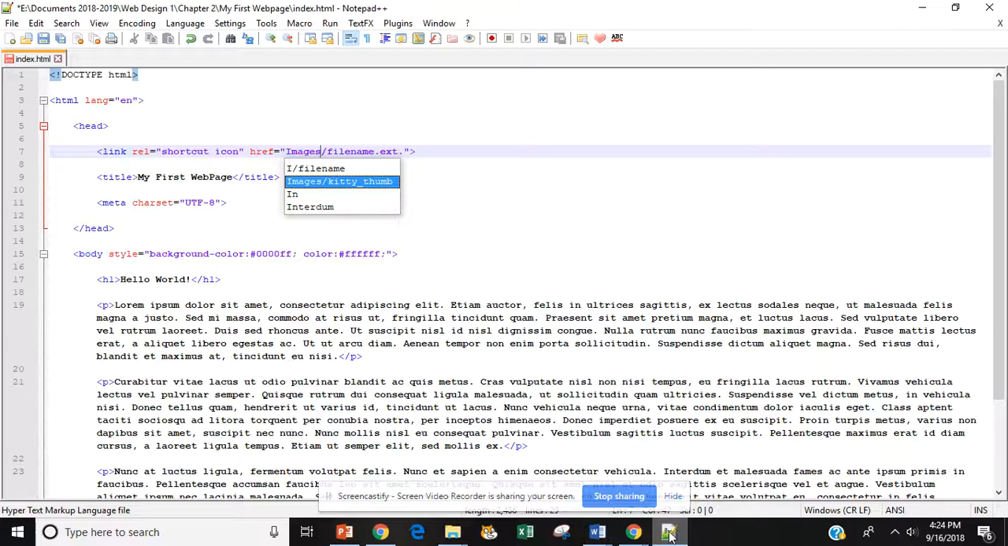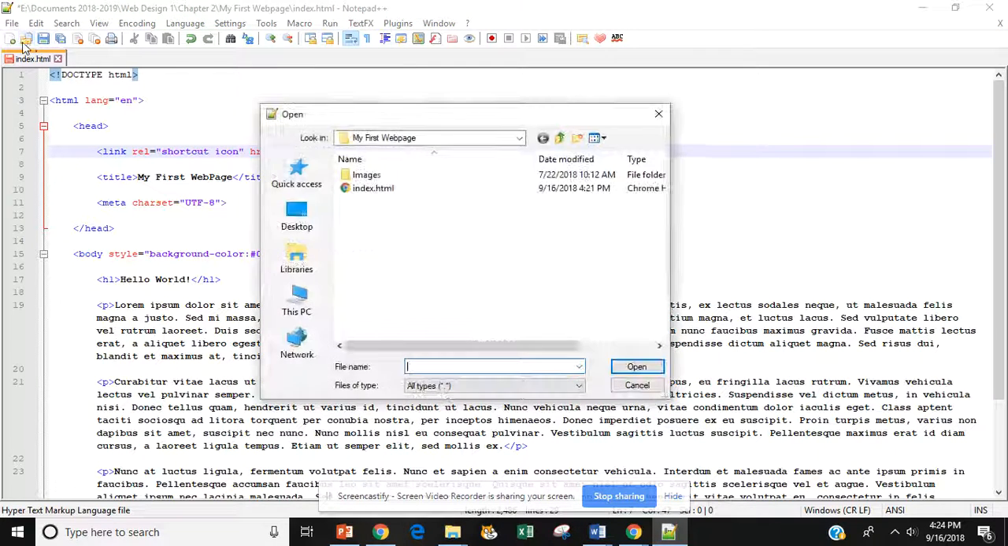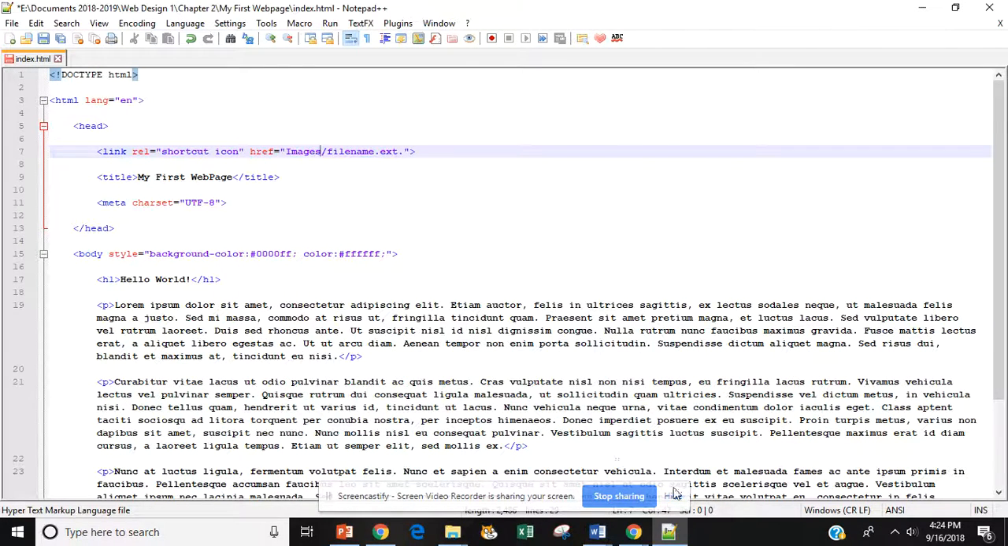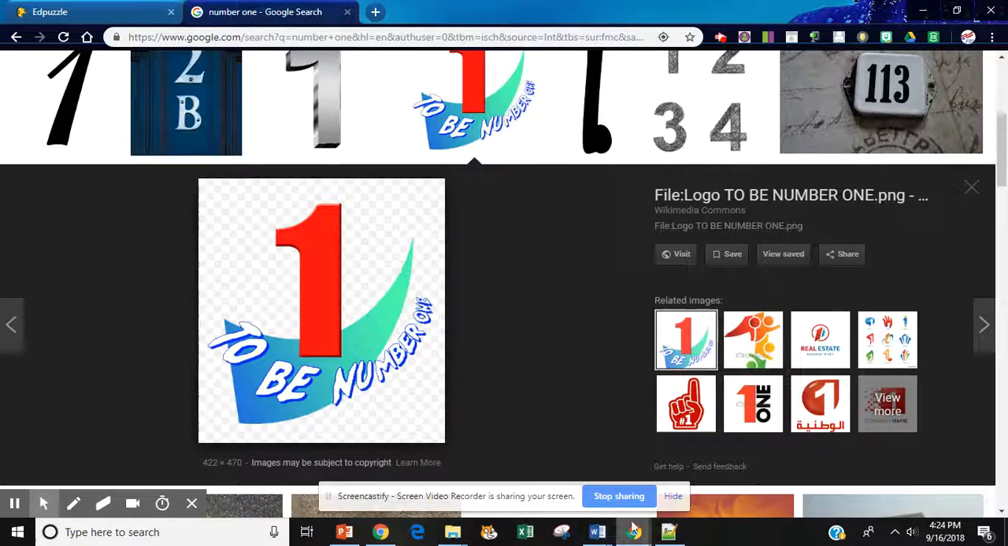Then I need to go get the file name, so I'm going to go up to my open icon, double click on images, and then I'm going to select my logo. Then I'm going to come down to file name, select it and Control C. I do not need the height and width since this is just a shortcut. So I'm going to go back to